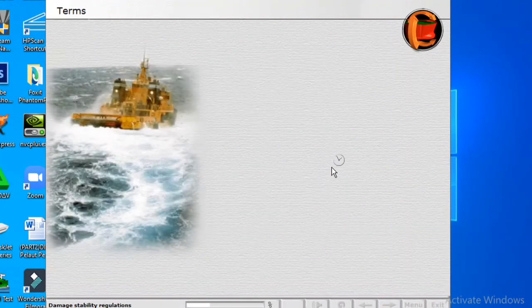Damage zone. The zone of the ship where the stipulated damage can be assumed. The stipulated damage is defined in the applicable damage stability regulations. Residual stability. Positive range of